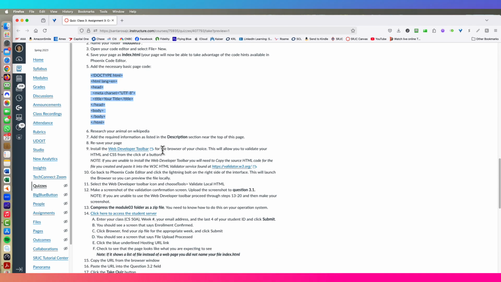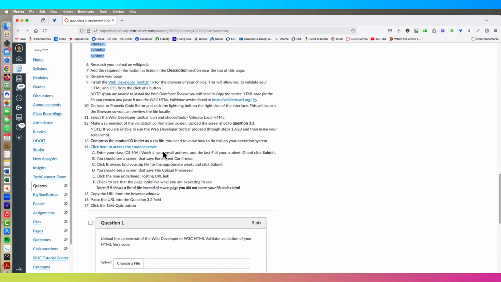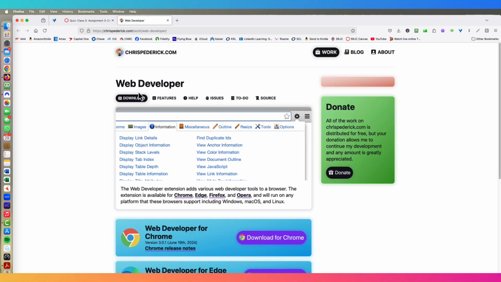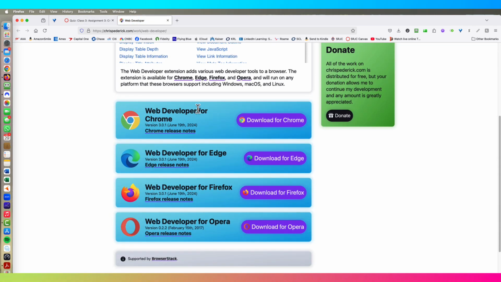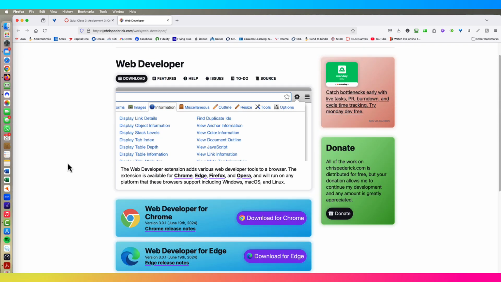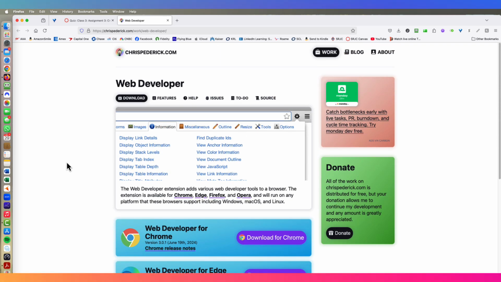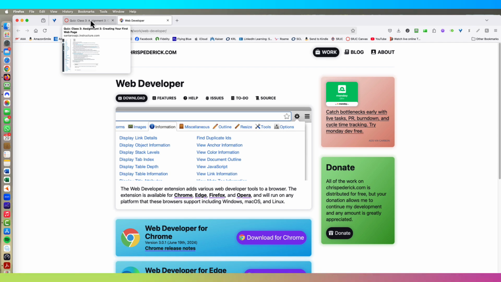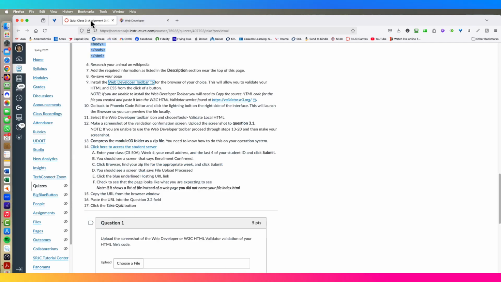Once you have created your page, then you're going to research your animal on Wikipedia. You can add the description as listed in the description section near the top of the page. Resave your page. Go through the steps of installing the Web Developer Toolbar. Note, the Web Developer Toolbar is available on Chrome, on Edge, Firefox, and Opera. If you use Safari, then you won't be able to employ the use of the Web Developer Toolbar, so I suggest that you use one of the other browsers because it will save you time during the course of